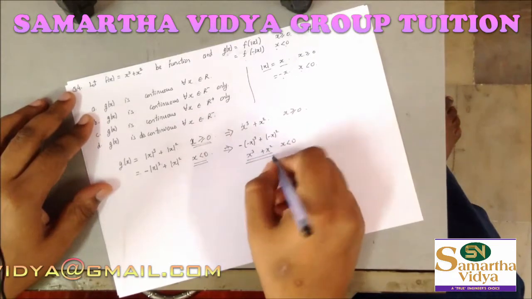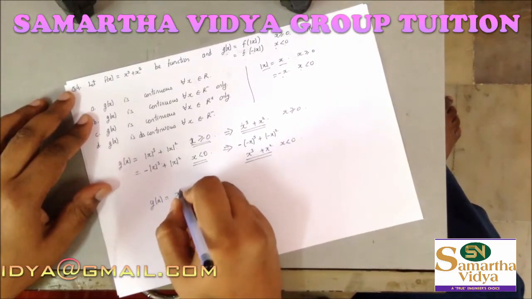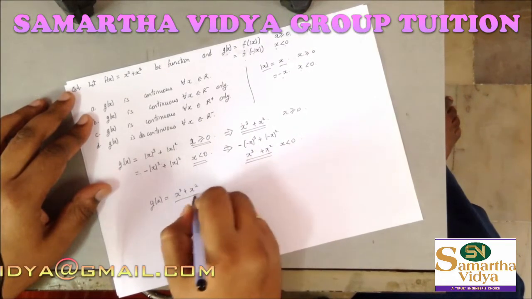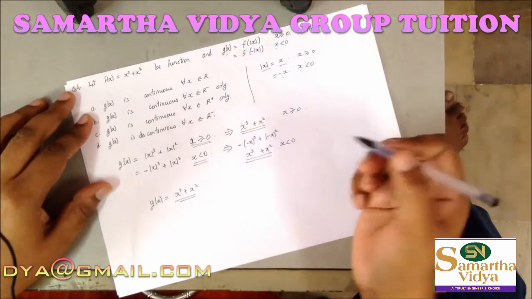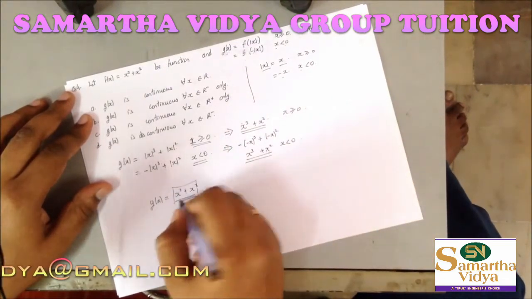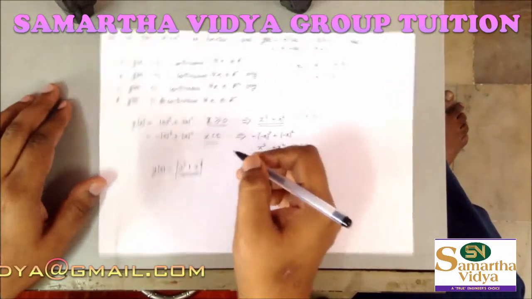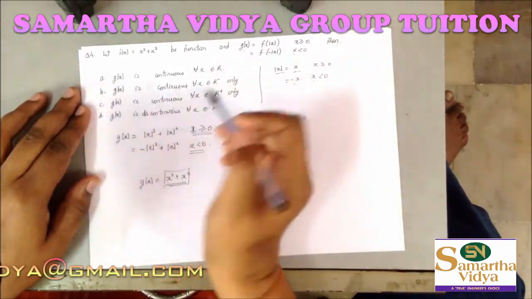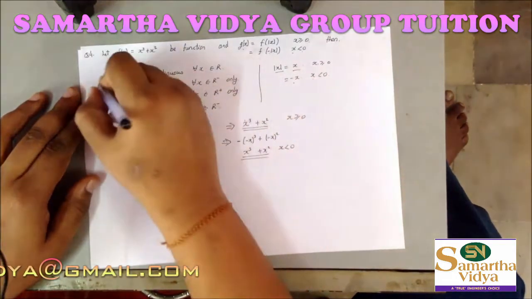So you can see that the definition of the function, that is my g(x), is basically x^3 + x^2. It's not having any change in the function at 0. So basically also it is a continuous polynomial, a polynomial function. So that means my g(x) is basically continuous for the entire range of the real number system. So that's why it's option.